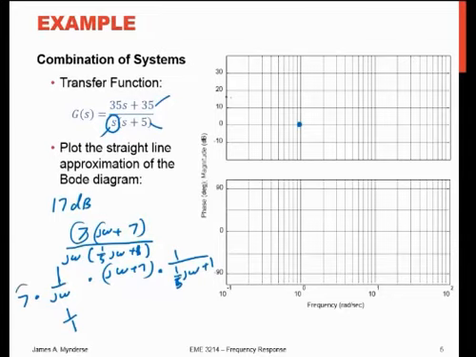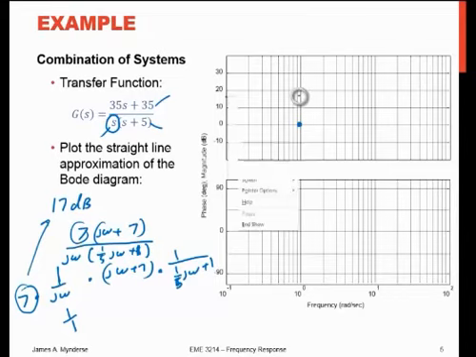If I add that 17 dB, I can say it's going to pass through the 17 dB point right there at a frequency equals 1,